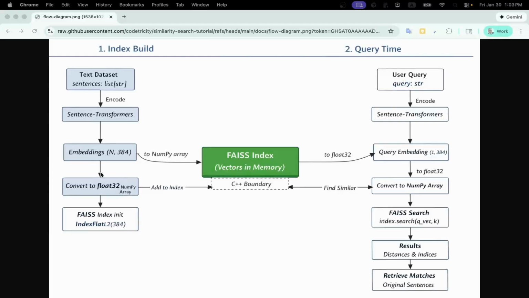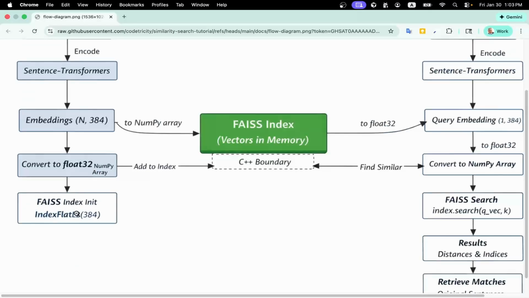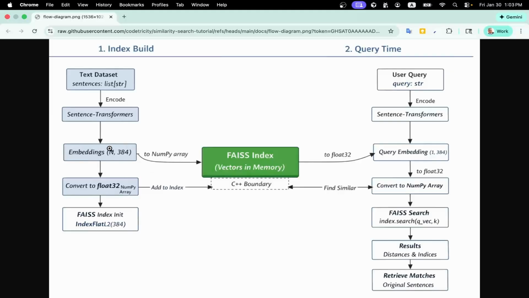These are all in float32, using NumPy, made into a NumPy array. And we've created our FAISS index using the built-in IndexFlatL2, Euclidean distance, of 384 dimensions, because that's how the